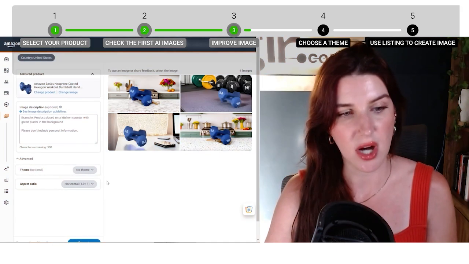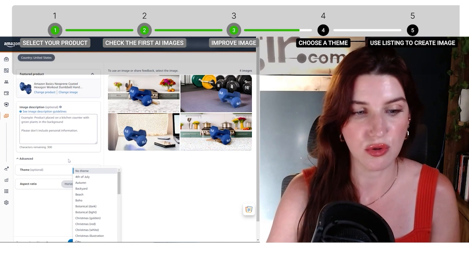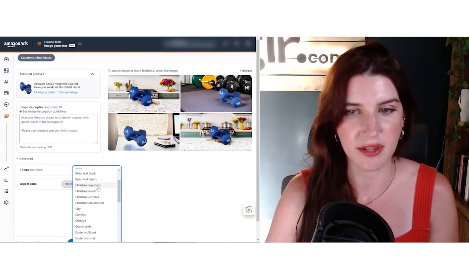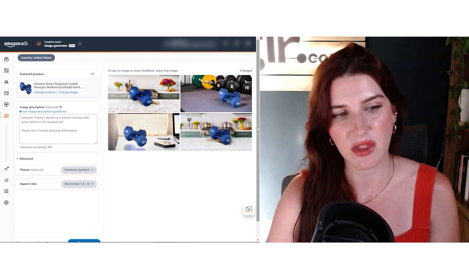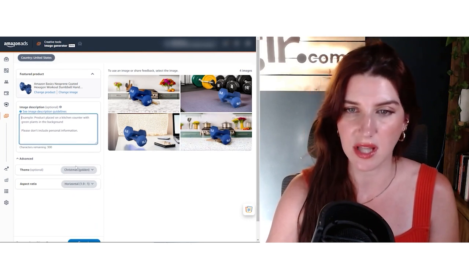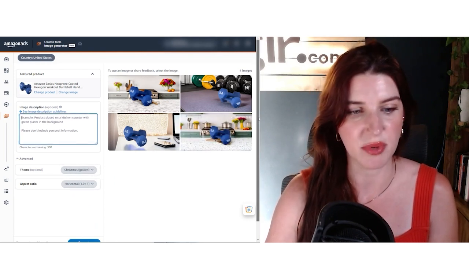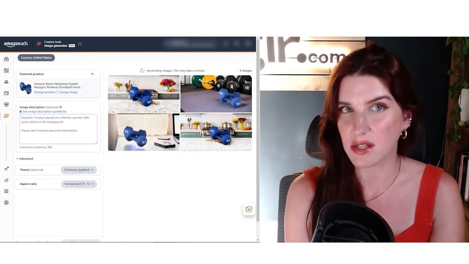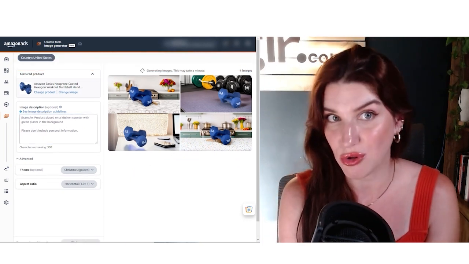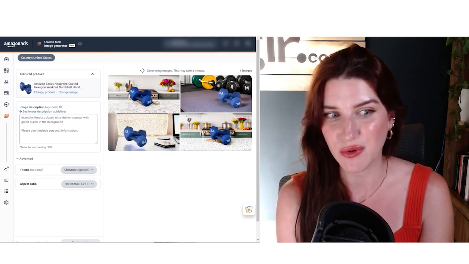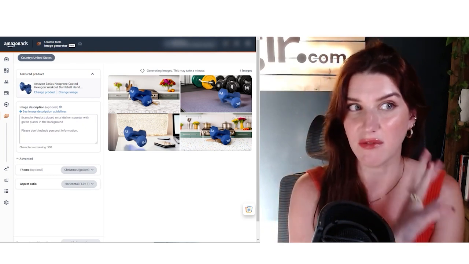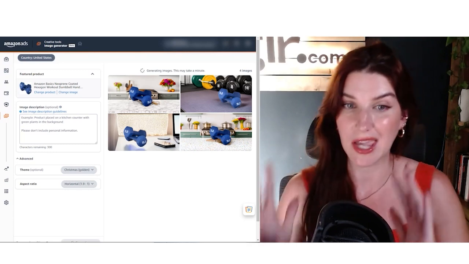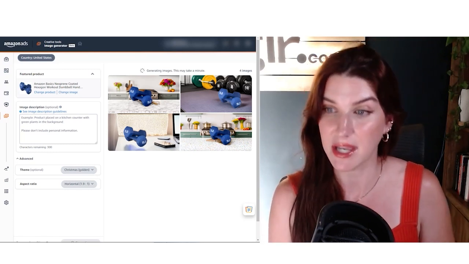You also have the option if you would like to put in a theme. Let's see what Christmas golden looks like. By the way, if you put anything in the prompt, or if you select or change anything or change the products, you're actually gonna have to go down and click generate again. We're gonna see what this looks like, and then I'm actually gonna show you a way that I found where you can actually use some of the creative assets that are already on the listing to be able to amp up these lifestyle images, which is